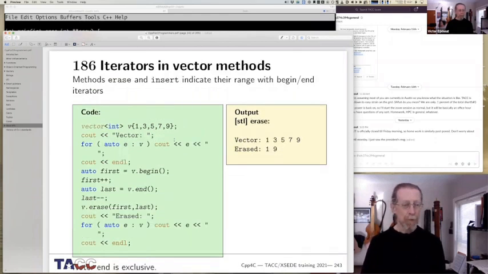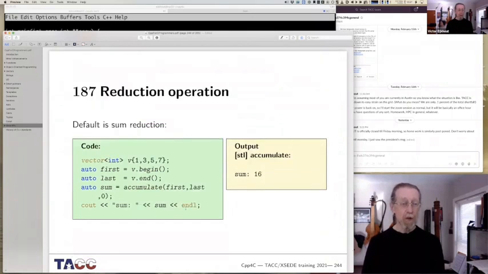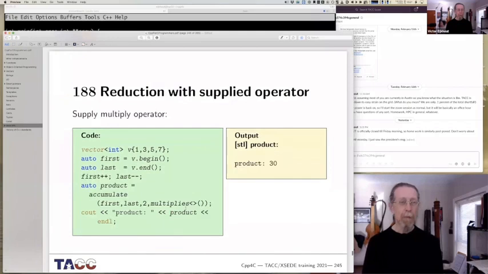So yeah, using iterators, you can do things like erase elements of a vector. For that, you really need iterators. There's no other way of doing it. What I wanted to show, and there's stuff like accumulate,